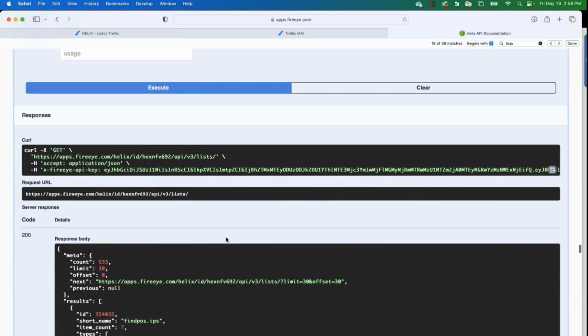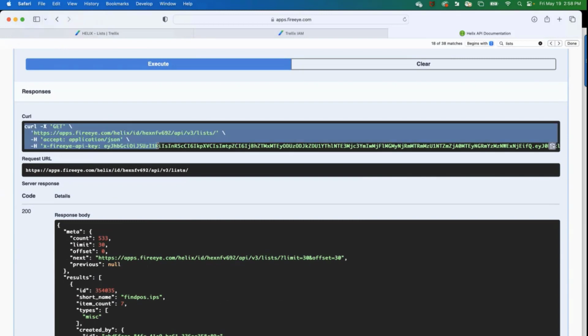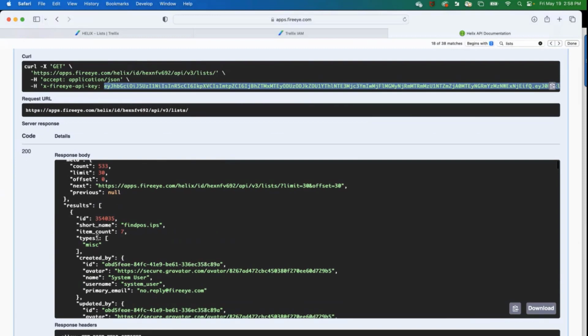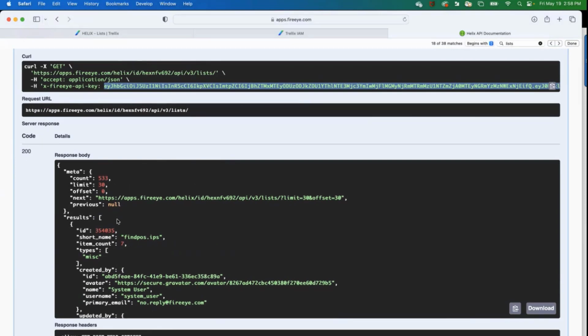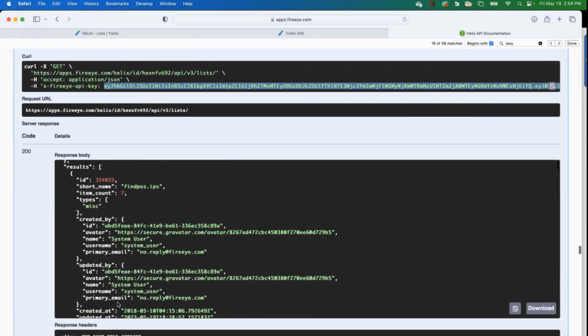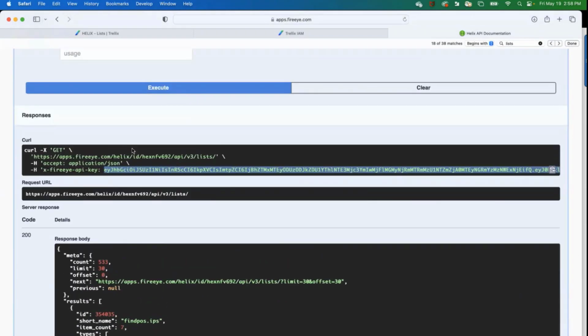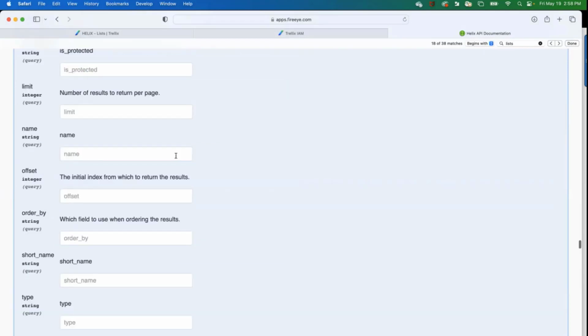And when we run it from the docs, then we get the curl command, so we can see the endpoint that was used, we get the method, we can see the headers that were required, and specifically we need this X FireEye API key. That's going to give us the authorization. And then we get the sample of the response, which is really useful for deciding how we're going to format that data. So I didn't want to do anything else with this list data. We don't need to do anything by reviewing just yet, but I did want to show that try it out